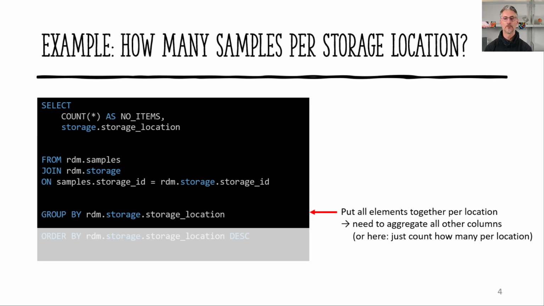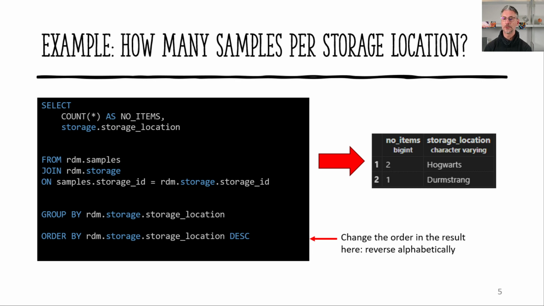We can also make this a bit more readable. For example, we can group them by the storage location, so we add all of that per storage location, so we don't have a long list, because we want to use the count. So the intended outcome is 3 samples in storage location A, for example. We need to tell the database how to aggregate this information, and we do this by group by. And in the end, we do this in a sorted list by alphabetically sorting the storage locations. So if we do this,